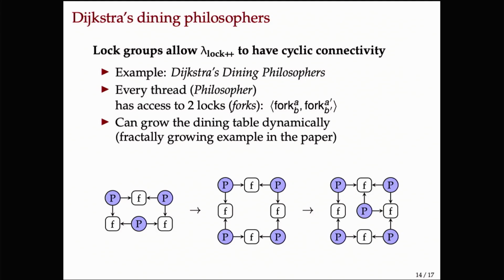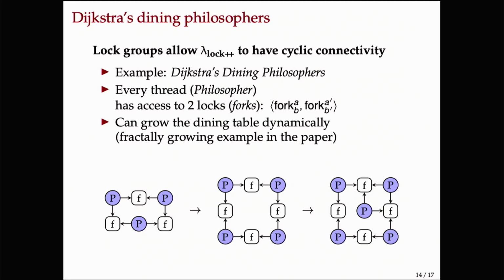And so what happens is that each philosopher has a lock group of size 2. So actually all the locks are in the same lock group, but each philosopher only knows about 2 of them. And then the order in this tuple enforces this acquisition order. And actually, because we have this ability to add new locks and spawn new threads, we can even grow the